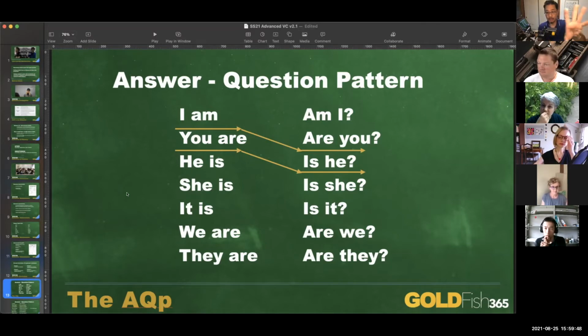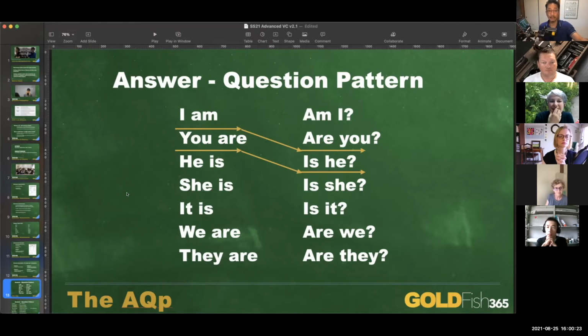The question itself is listed on the right-hand side, but the way that I do my AQP is that the answer and the question use different subjects. And if you follow that yellow line, the first person, as I said in the video, begins with I, and then uses the next subject in order to create the question. So it would be I am, are you? The answer to that question, are you, is not I am. This is a drill. This is a practice. So the rule is that whatever the question subject is, that is the answer's subject.